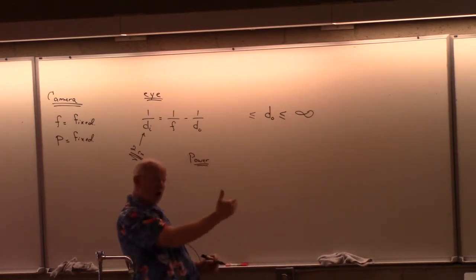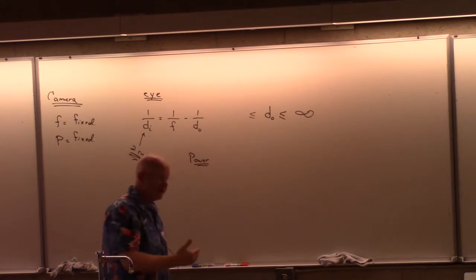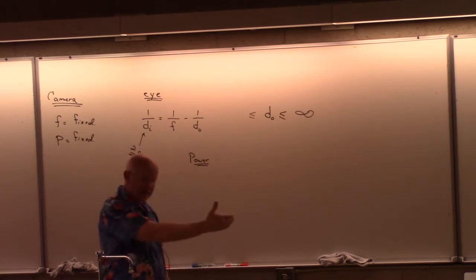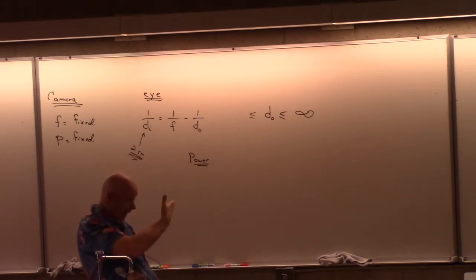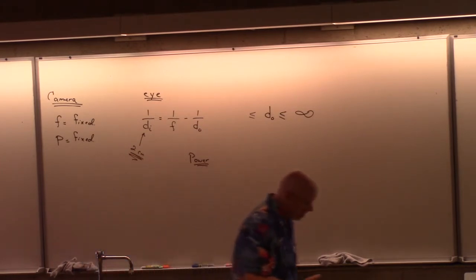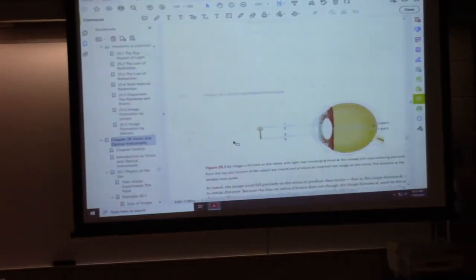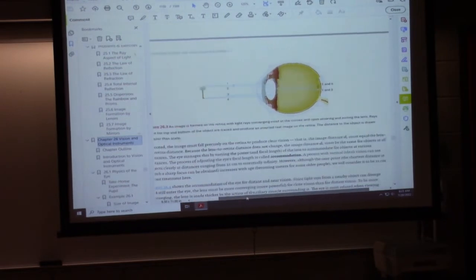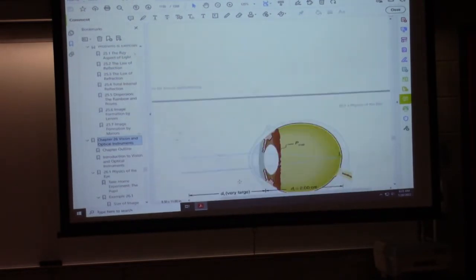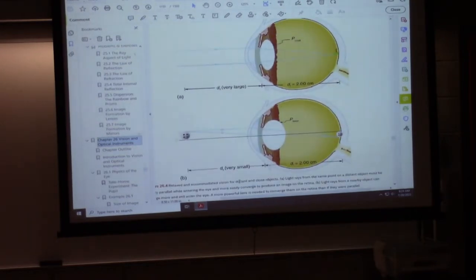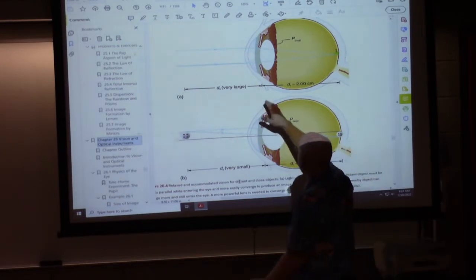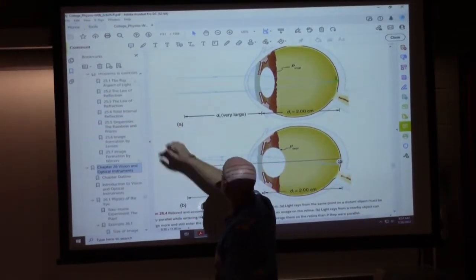Now, on the close end, we often say that we would have then a near point. You know, what is the closest I can see? Because again, if I go back to this picture of the human eye, this one does a good job of saying, look, if I'm looking at something very far away,